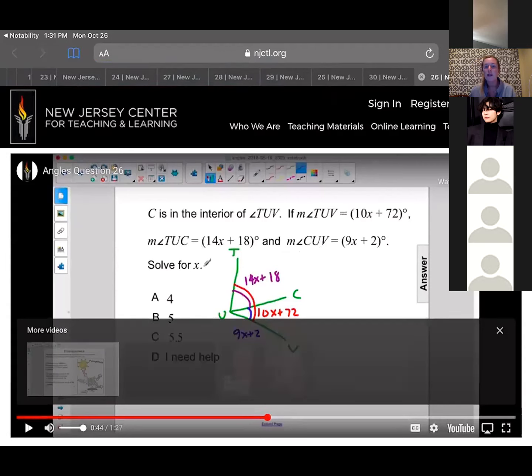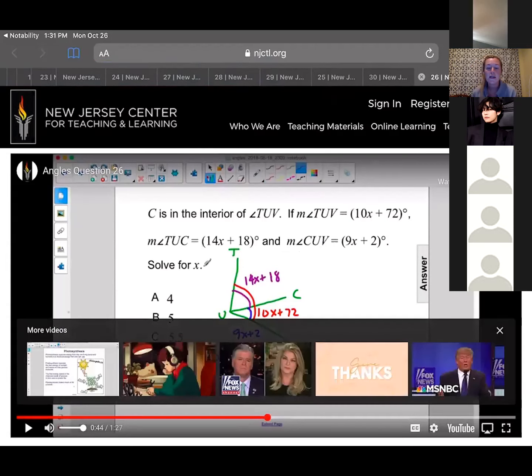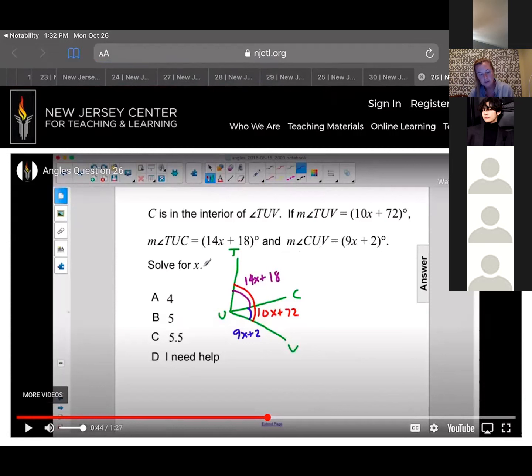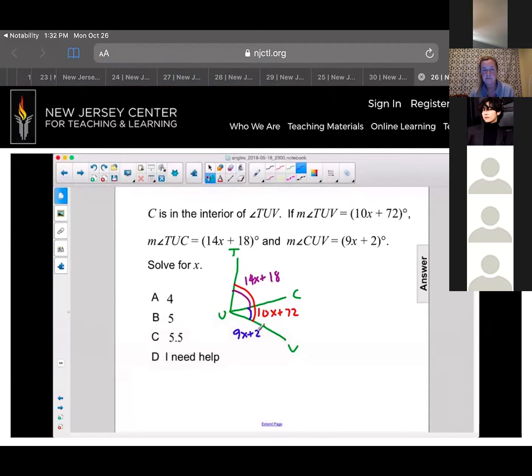So if you look at how she writes it versus how I write it, that red angle that she put in there, I wrote way out to the outside since it's the biggest angle. It doesn't necessarily matter which way you write it. I think it's easier to look at when you're looking at the red one being on the outside, but either way is acceptable. All right, so we know that 10x plus 72